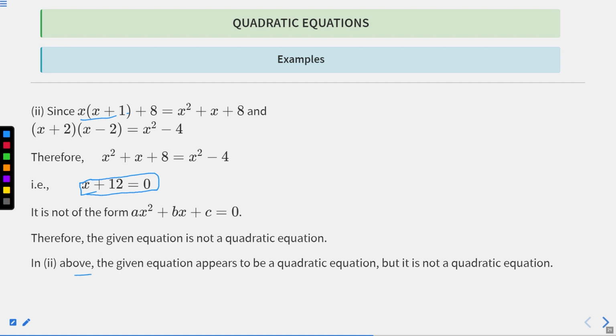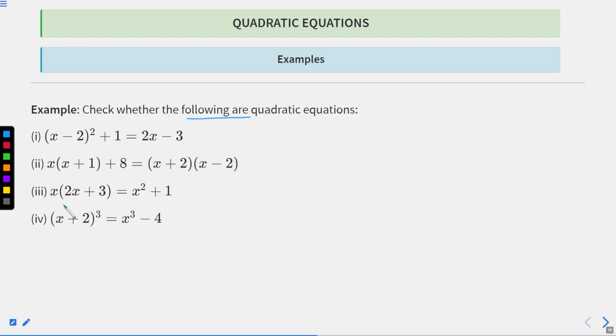So in question 2, the given equation appears to be a quadratic equation, but it is not. It appears as a linear equation, but it is not a quadratic equation. Now let us see